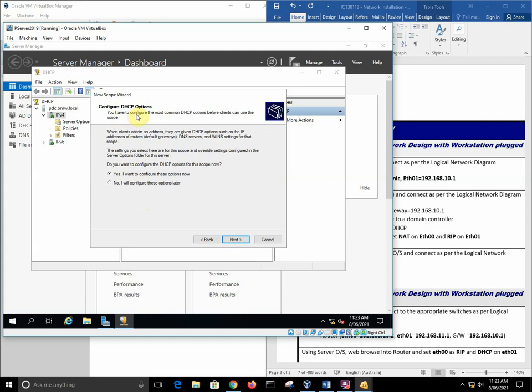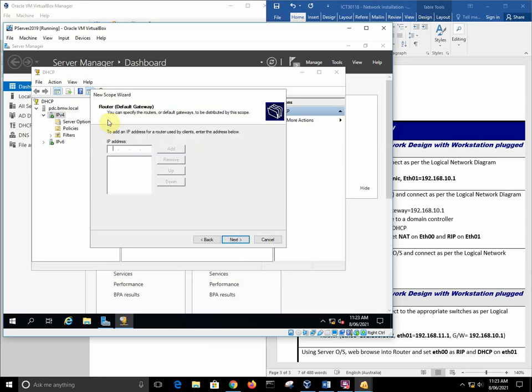Do I want to configure options? Yes, I do, because our client will need to know a couple of things like what the domain name is, what the DNS server is, and what the default gateway is and things like that. So we'll go next. First thing it's asking is where is the router, what is the default gateway, and we